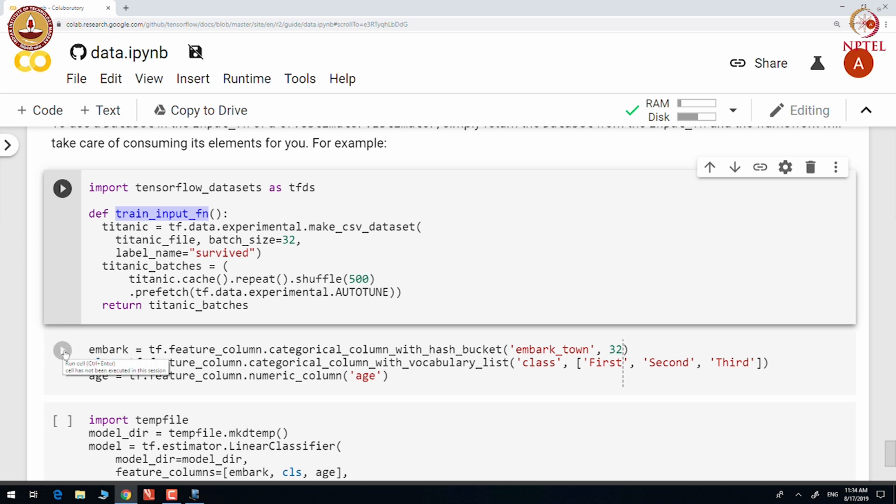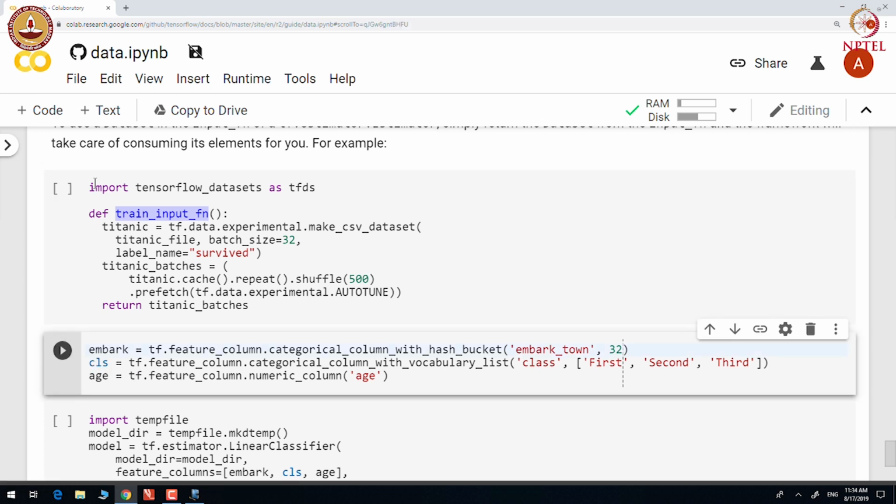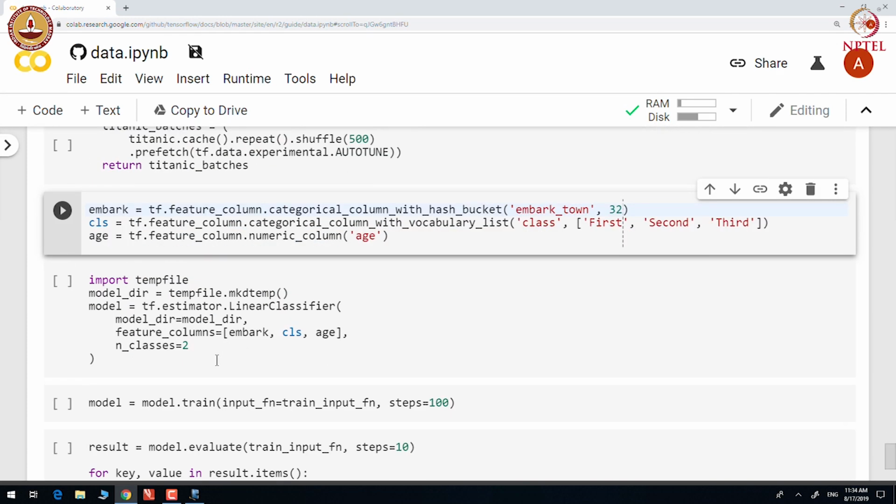In addition to that, you have to convert the non-numerical columns into numerical columns. For example, categorical columns have to be converted into numbers either using hash buckets or a vocabulary list.